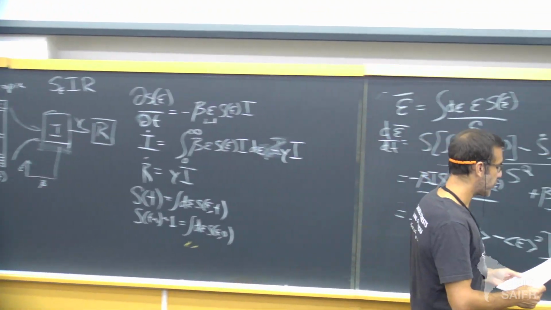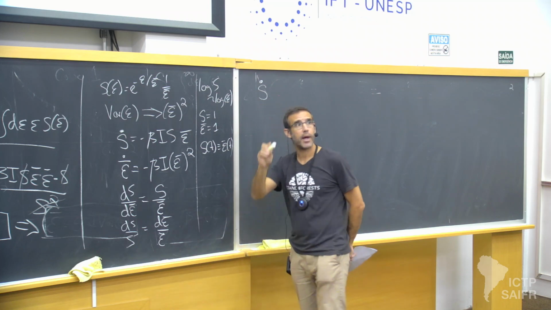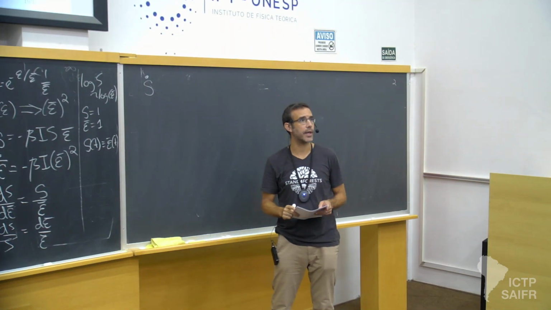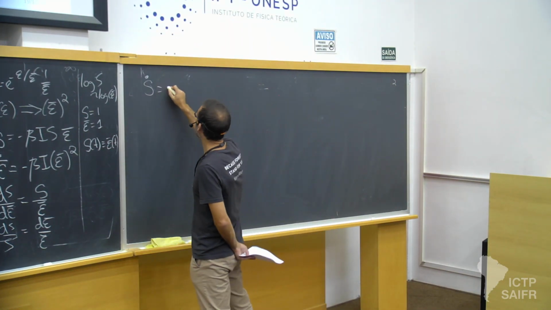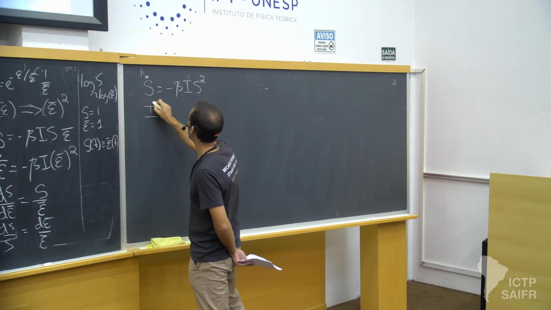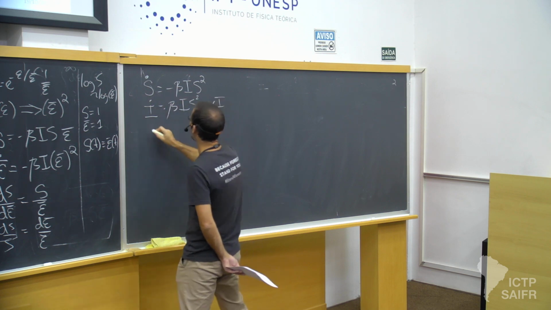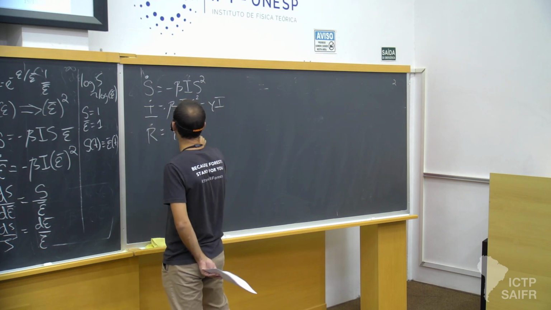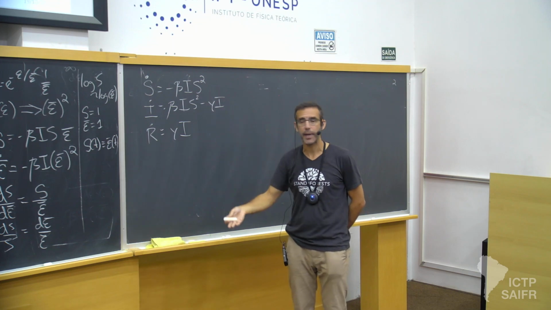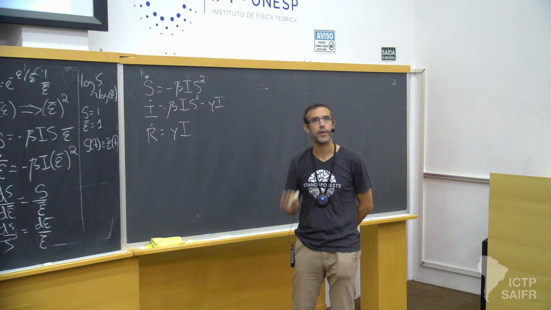Okay, so now we have, and I'm going to play with this particular model to see what its consequences are. And again, I don't have to go all the way to 12 o'clock today. I mean, I have a few more things left, but I'm just trying to get the core ideas. We have S dot is minus beta I S squared. I dot is beta I S squared minus gamma I. And R dot is gamma I. And of course, this equation reflects the fact that if I have this heterogeneity and I had initially exponential, if I didn't have exponential, this number 2 is not universal. Right? That's a specific choice.